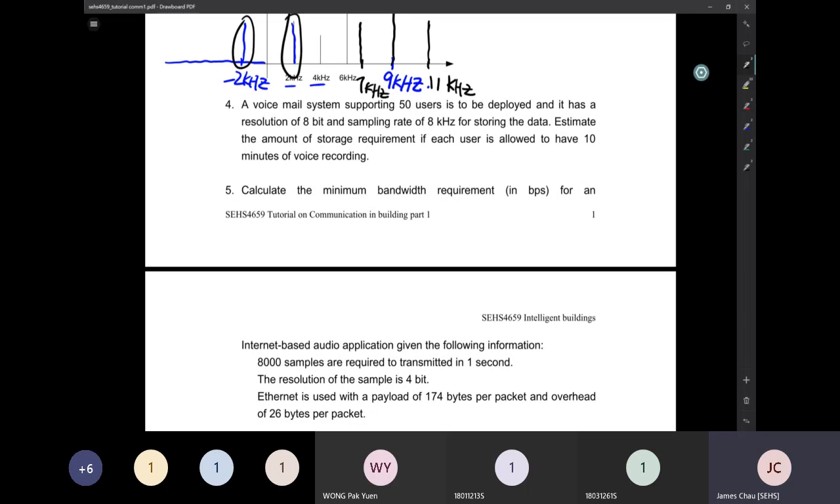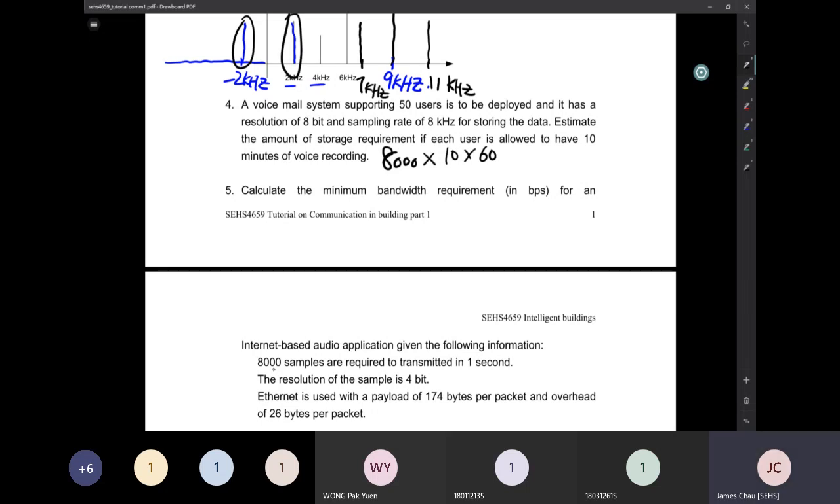Okay, now you require 8,000. Now this is the 8 kHz. Multiply the amount of time required for storage, and you require 10 minutes. Each minute has 60 seconds, and because